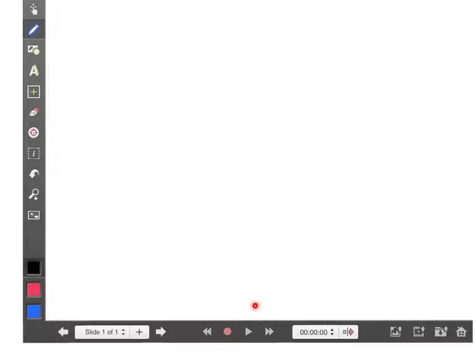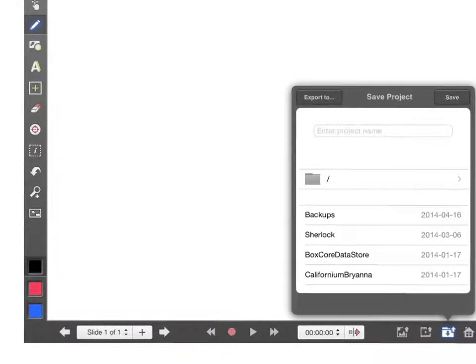And of course you've got your record and playback buttons down here. We'll talk a little bit about these export buttons a little bit later. And of course finally you want to save your project, so give it a name and tap save to save